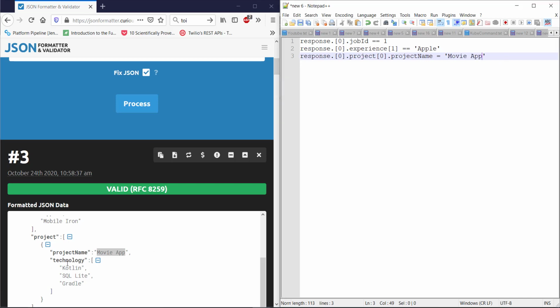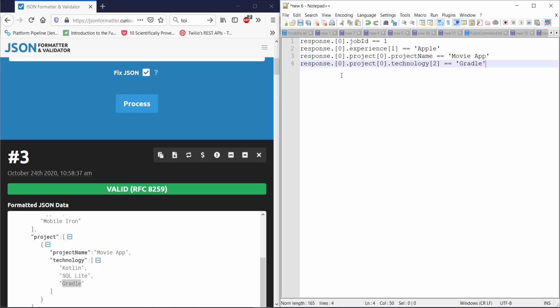And let's say I want to get the value from this array. The expression will be response dot index 0 dot project of index 0 dot technology of index 2, which is Great.